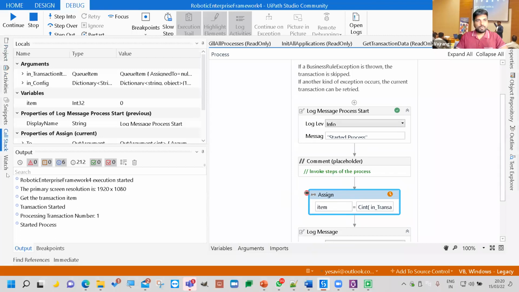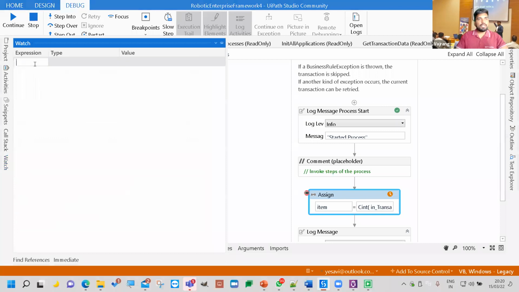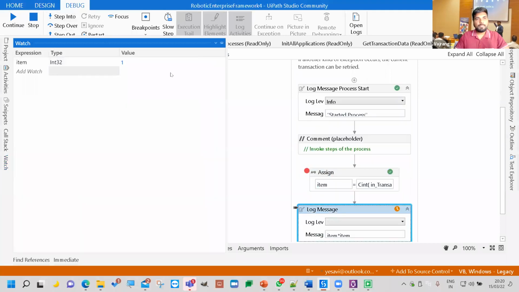Let's go into immediate panel and see what is the value that we have from here. So let's go into watch and item. So in item, the value is 0 for now. Let's step into, and now the value is 1. And why? Because the transaction item